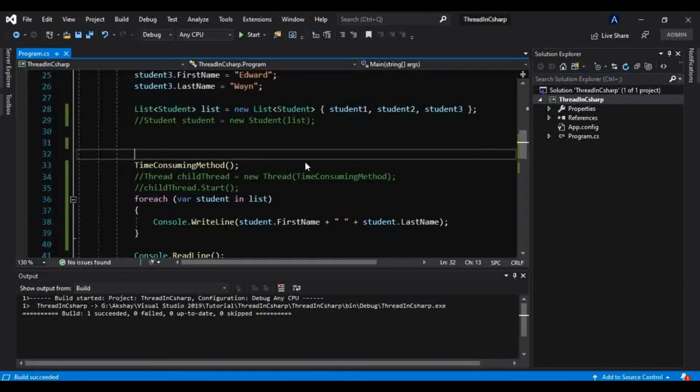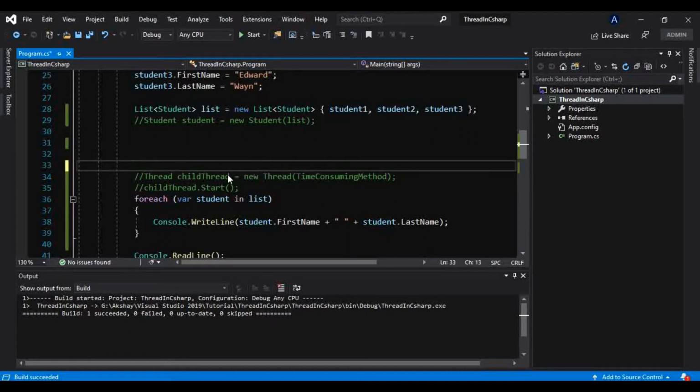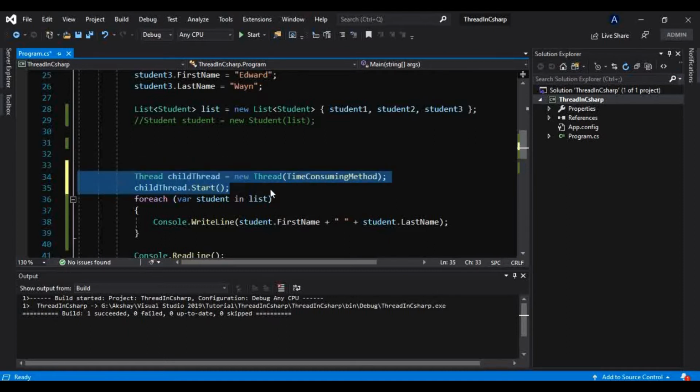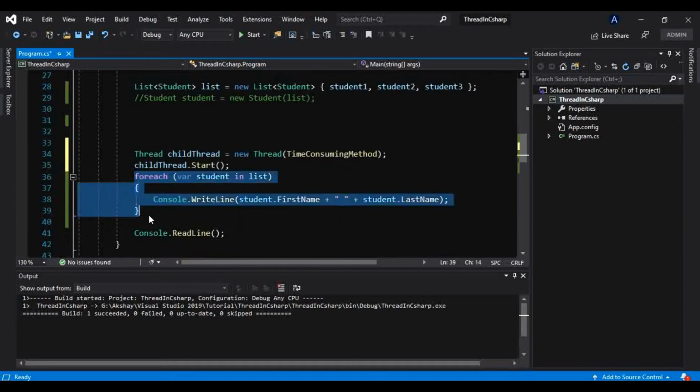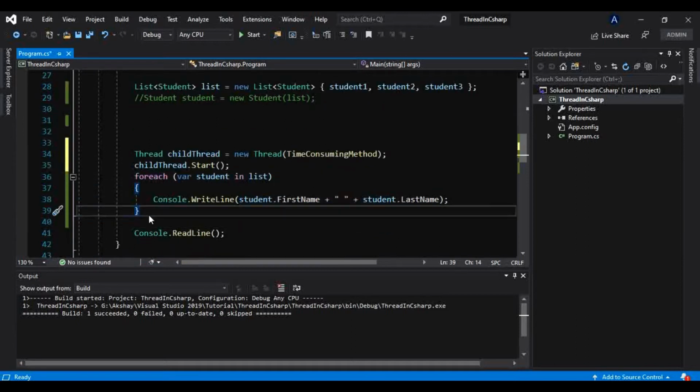But now what if we want this child thread to complete its work first? Instead of running the method directly in the main thread, we still want this method to complete its work before printing this list. Can we do that? Yes, we can make the main thread wait until the child thread completes its work.